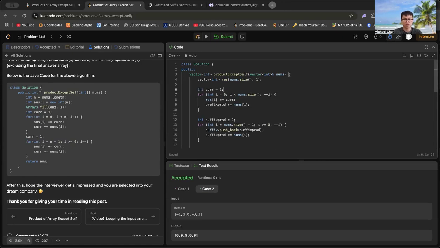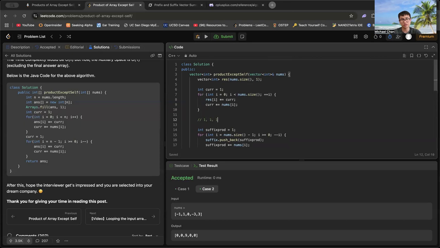Int current equals to one, and then current is equal to nums i. So what this will do, it will populate the array to one, two, wait, it will populate the array to,